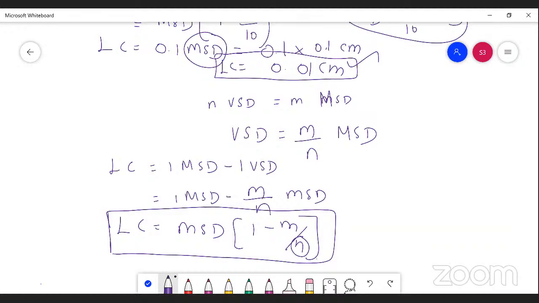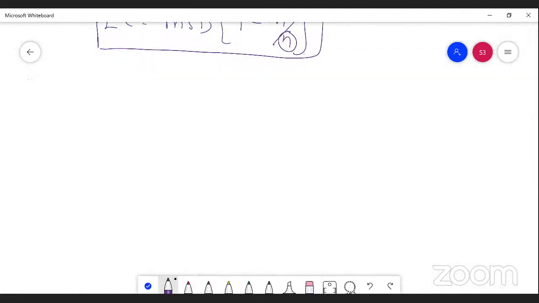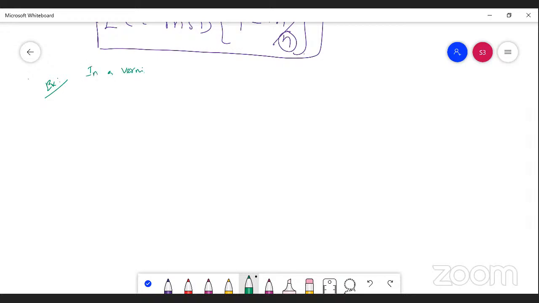Here is one example of vernier scale. In a vernier caliper, the main scale is marked in millimeter. It's very important. And 20 vernier scale divisions are equal to